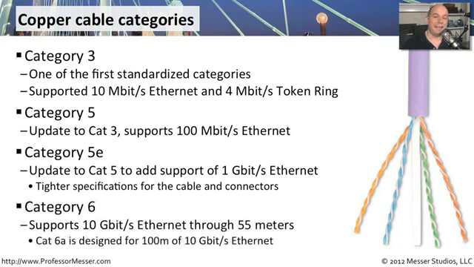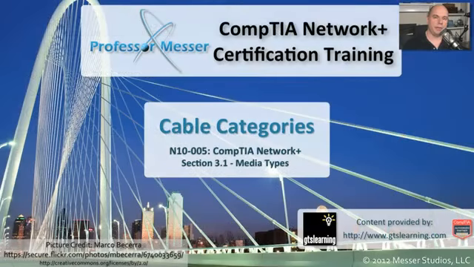We're running 10 gig Ethernet over copper using some of these Category 6 requirements, and we can go 55 meters on Category 6. We can go 100 meters on the enhanced Category 6, the Cat 6A. So if you're doing 10 gig Ethernet and you need very long runs, you will want a Cat 6A cable. Each one of these category types has different costs associated with it, and so usually you'll want to buy the right type of category for the networking infrastructure that you'll need in your environment.